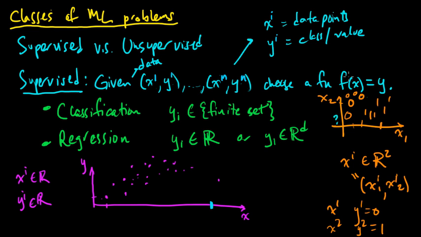So you need to come up with this function. You need to figure out some function. Maybe you'll choose a function like this, because you want to account for this one, or maybe you choose a line. You have to choose a function. And if I gave you that x, then you would say that's the y associated with it. So that's the distinction between classification and regression for supervised problems.